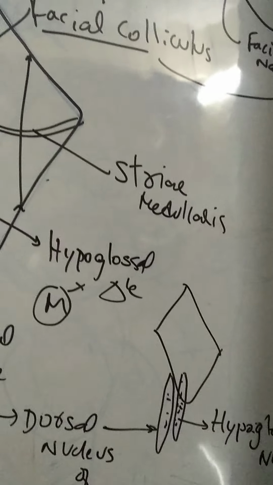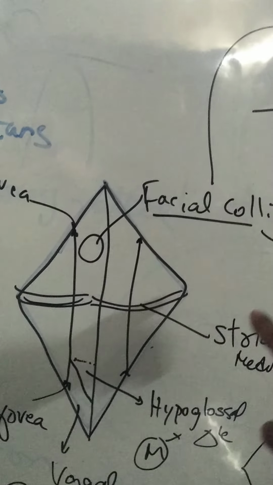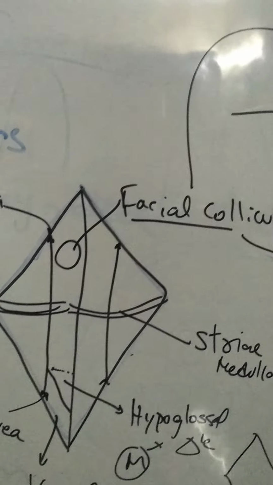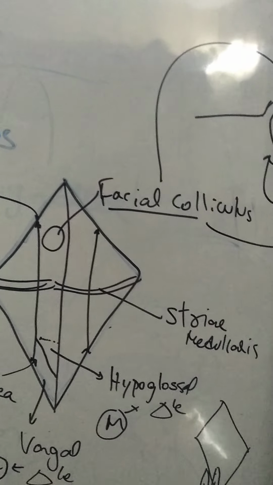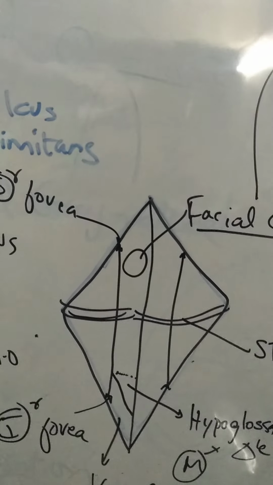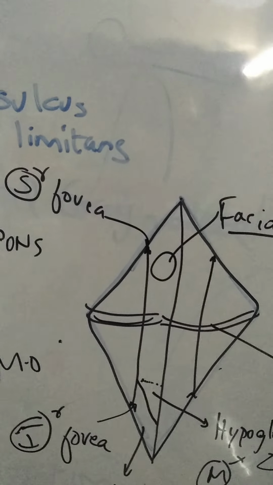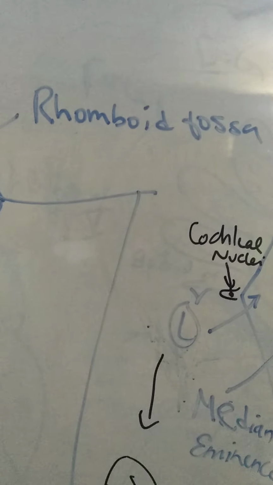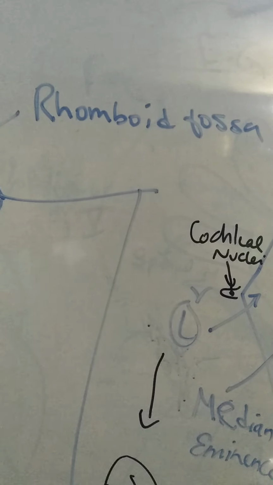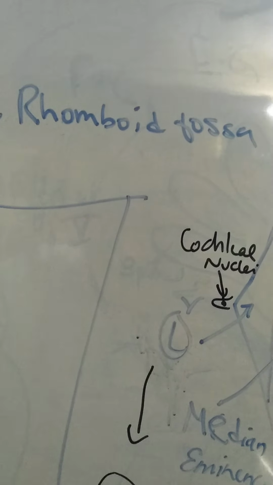Separating the pons from the medulla oblongata, there is a white matter bundle called stria medullaris. Stria medullaris is a bundle of white matter running across the pontomedullary junction. So that is about rhomboid fossa in detail. It's the floor of the fourth ventricle, which is diamond shaped or rhomboid shaped, or Kaju Barfi shaped. Therefore, it's called rhomboid fossa.